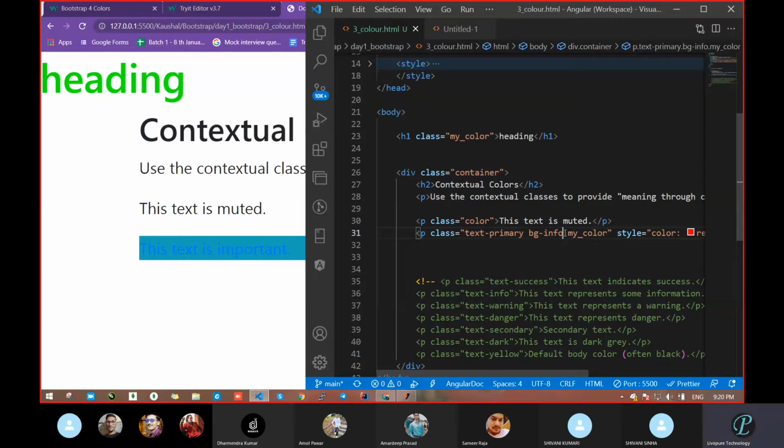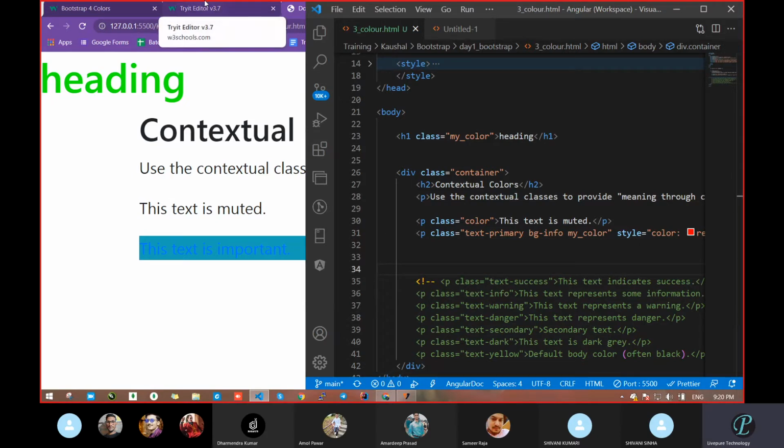So we passed one class, another class, and at the same time our own style also. Who will get priority? That will come on the UI side. So in the case of text color, pass the text keyword, and in background color, take BG. That's it. In padding and margin, PT.